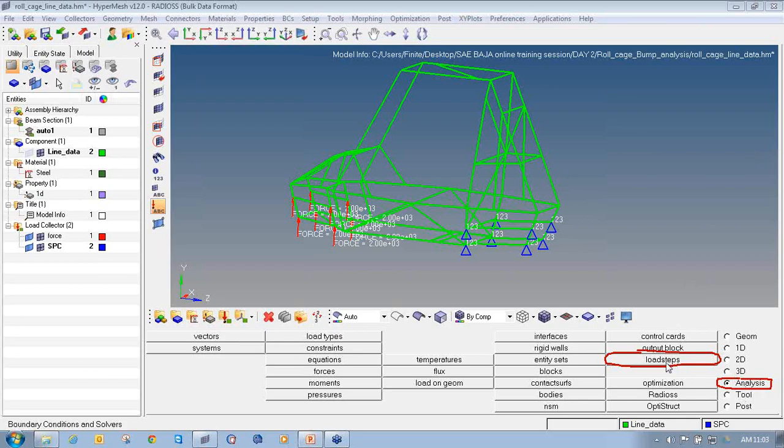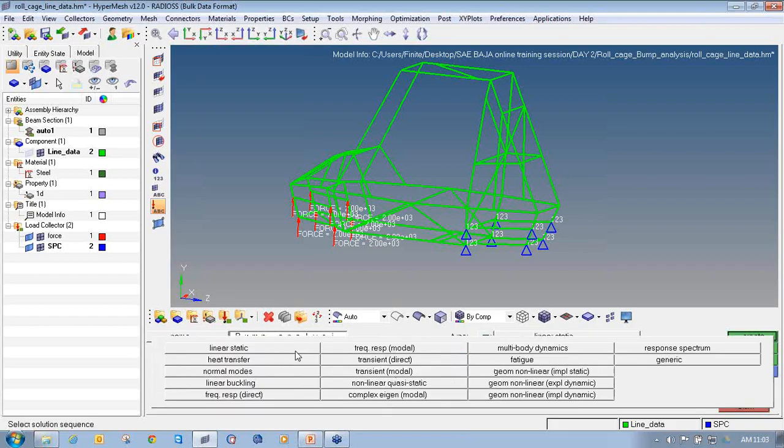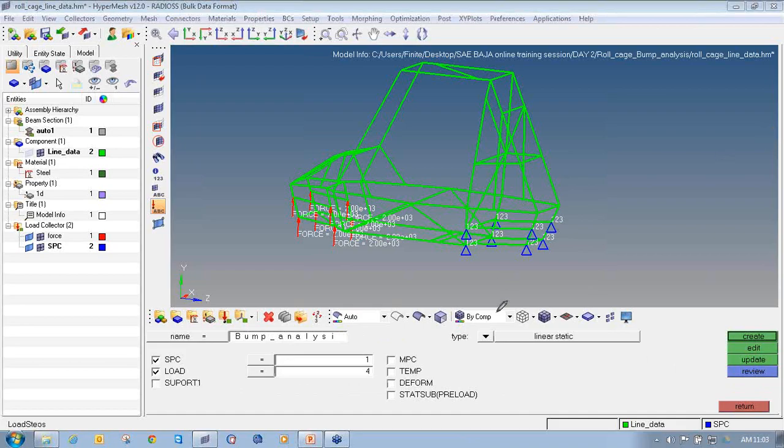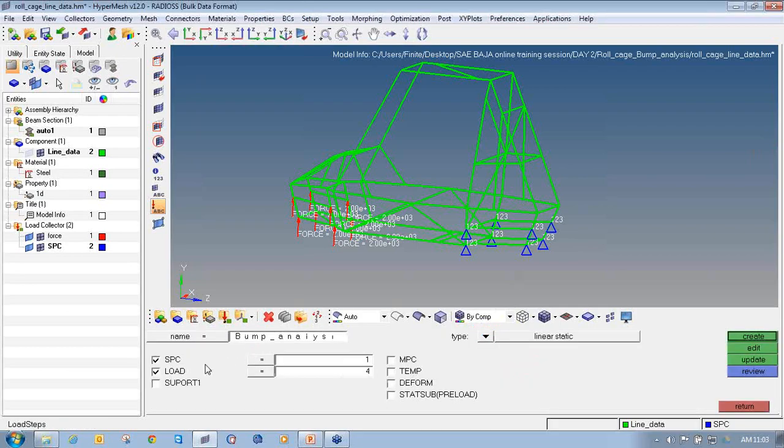So go to analysis, click on the load step panel, enter the load step name as bump analysis, select the type as linear static from the drop down, and select the linear static analysis.